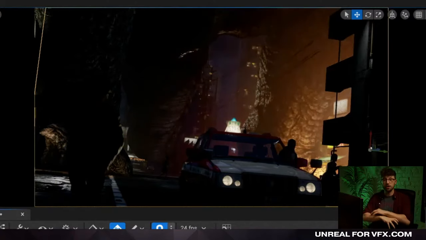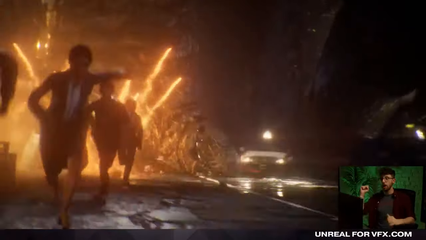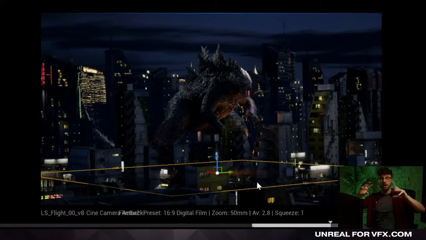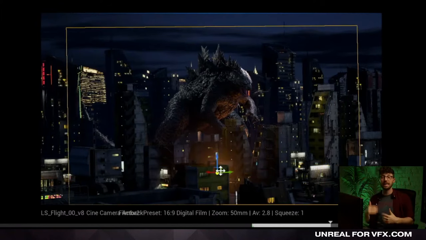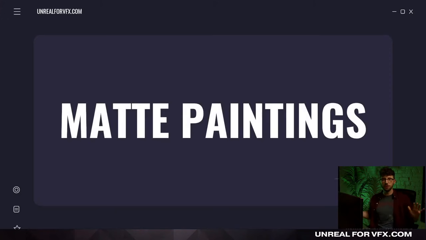And I could even pair these up to the explosions and the impacts of Godzilla's feet. So I added in an orange cloud card that literally animated up bigger and smaller, timed to the impacts of Godzilla's feet as he's stomping through the city. It's simple keyframes. It's literally 3 keyframes on all these different animations, but they add up really quick. And all these small little depth cues and little ways that we're adding in depth and atmosphere into our scene are going to make our scene look better.